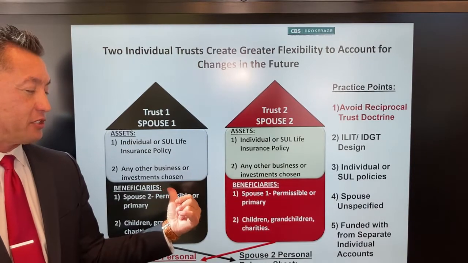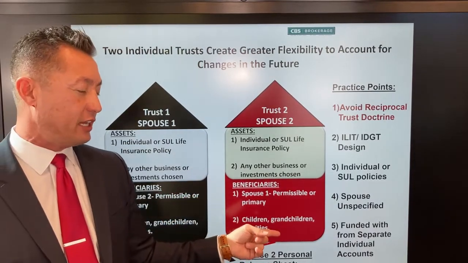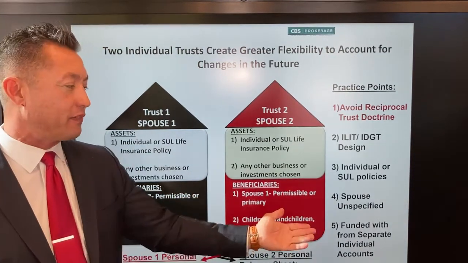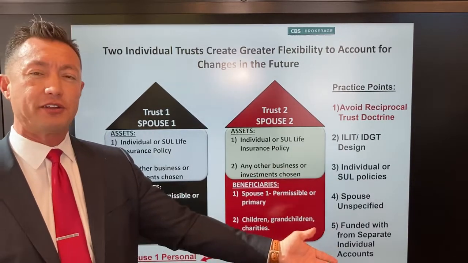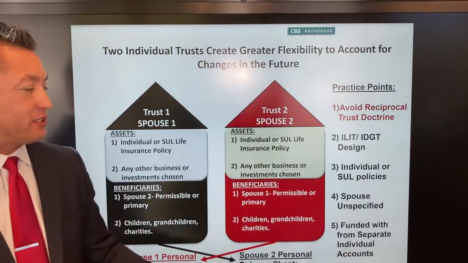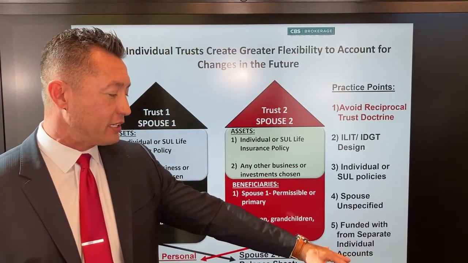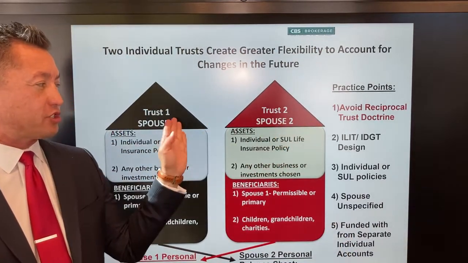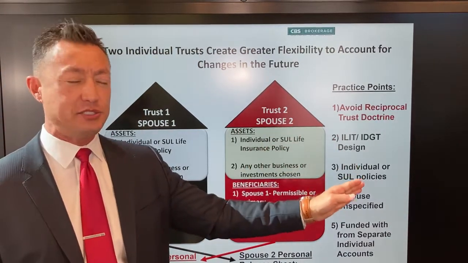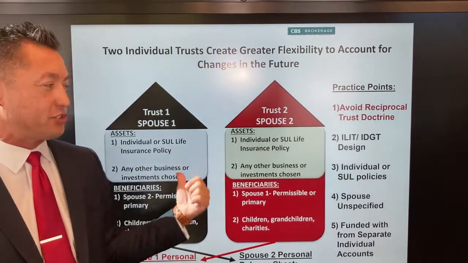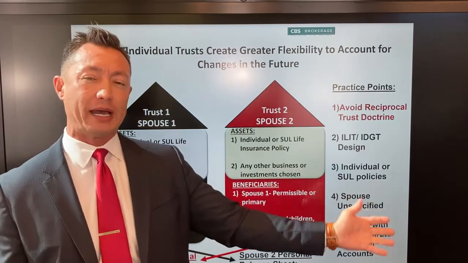Additionally, instead of naming the spouse using their actual name in each spouse's trust, we want to just name a spouse, meaning if they were ever married to anybody, if one person was to die early and got remarried, they'd still be able to access the benefits of that trust, for example. And finally, you want to make sure that each spouse's trust is funded with their separate assets. You need to be able to fund it with non-marital assets in each trust to avoid any portion of it coming back into the estate.